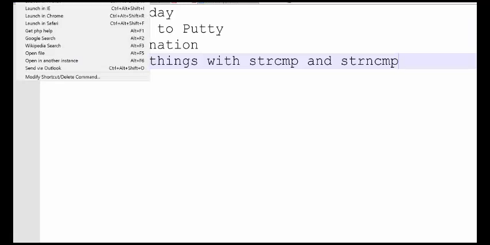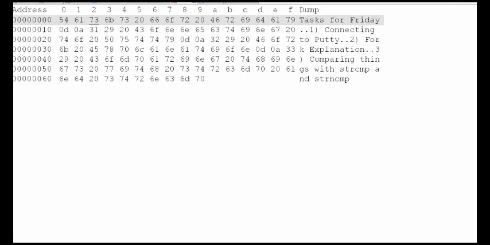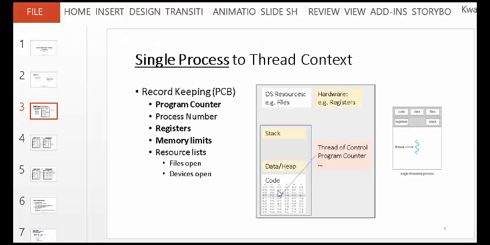Similarly, if you have a text file, like this one, and I try to show it in the hex editor, right? You can see that everything, like T, that's A, that's another A. You can see all the A's will have the same code, 61. This is another A, 61. So everything is encoded. The characters you type, the instructions that are being performed, they are all encoded into numbers, right? And every number has an address. So if you hear the word program counter, it just means what address is the program currently at? So if you see program counter, that's what it means, right?